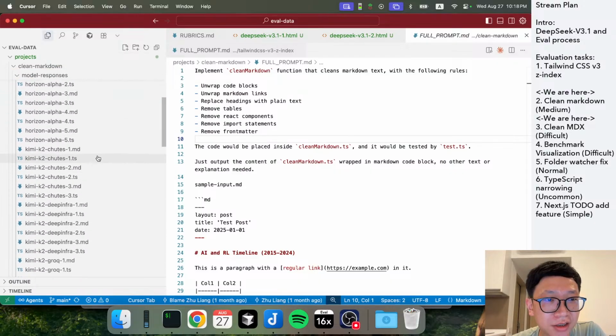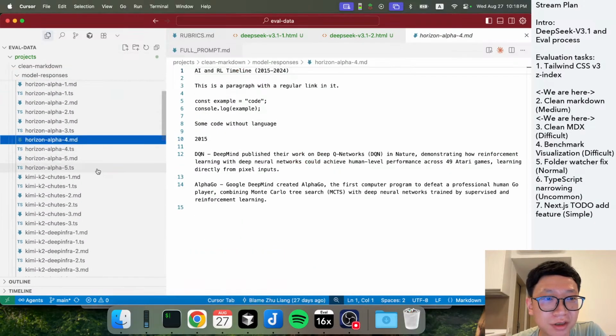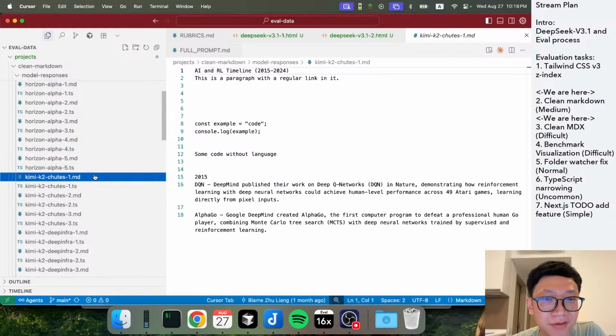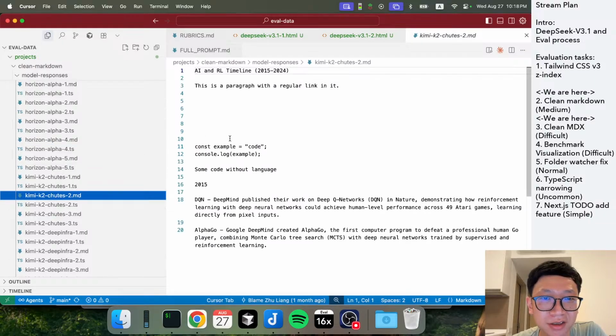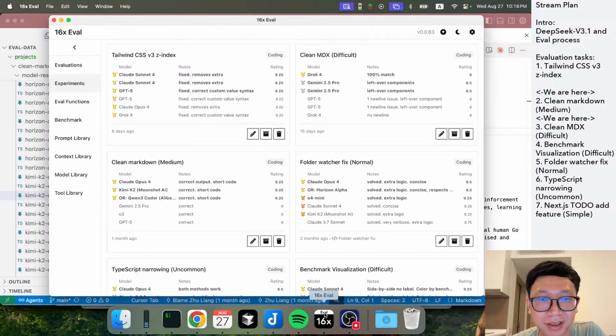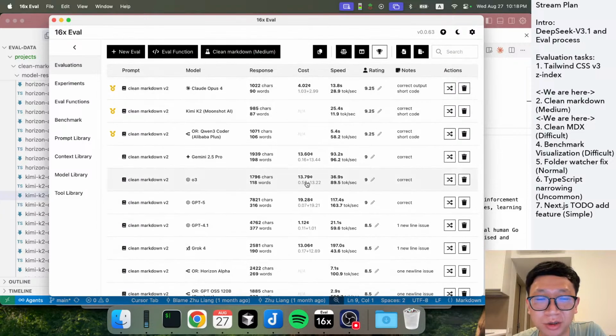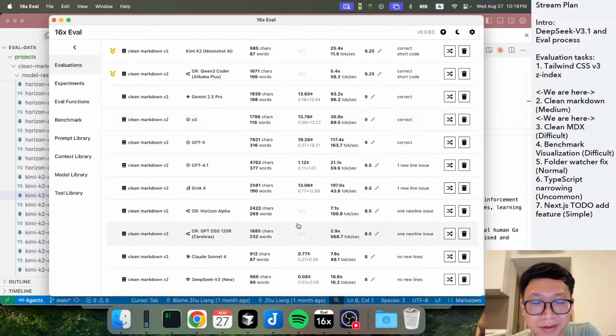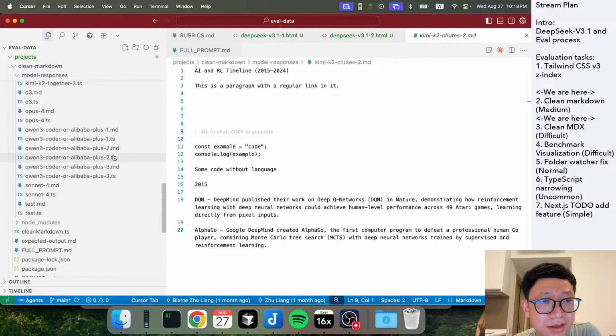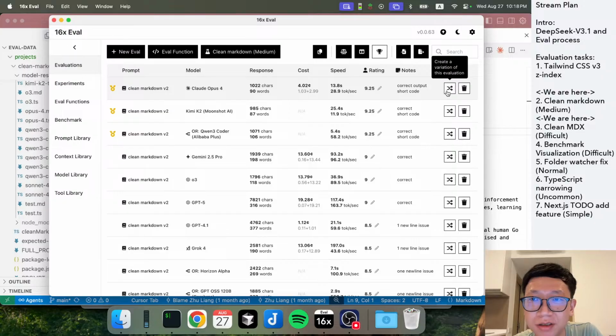You can see different models have different outputs. Some of them are good, some of them are bad. For example, some of them mishandle, for example, faces. But generally, all the top models can solve this. This is a PM level task. Let's see how well DeepSeek-V3.1 does